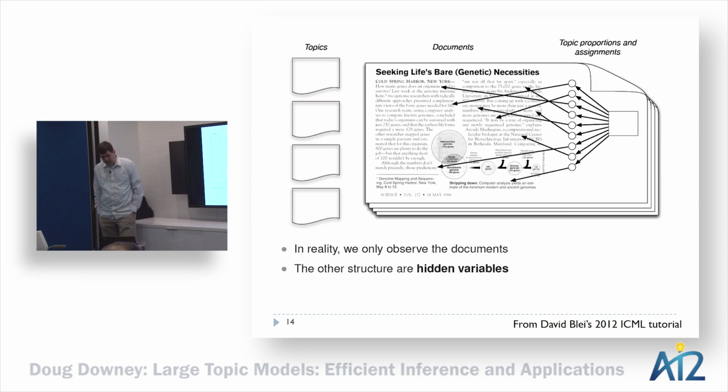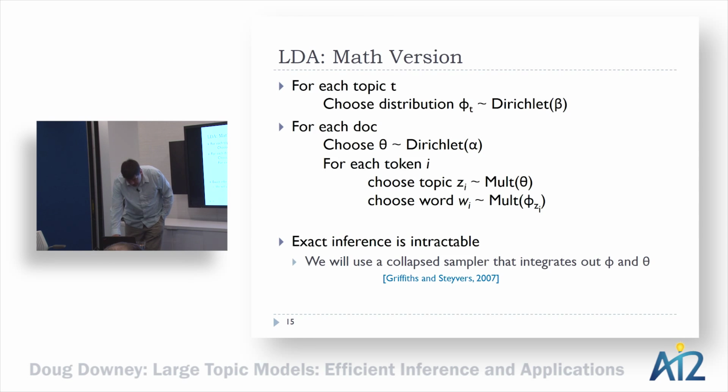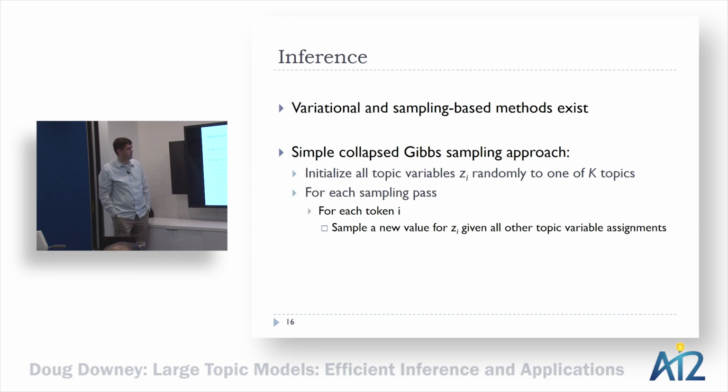So of course, when we're doing latent Dirichlet allocation, all we get is the raw text, and it's our goal to infer what these multinomial distributions over words are, what the distributions over topics for each document are, and then which topics correspond to which tokens. And we can give these things Greek names, although we don't really have to worry about that right now. Just remember that the variable z is going to refer to the particular topic setting of each token in a document. This is the Gibbs sampling approach for learning these distributions that I want you to have fresh in your mind.